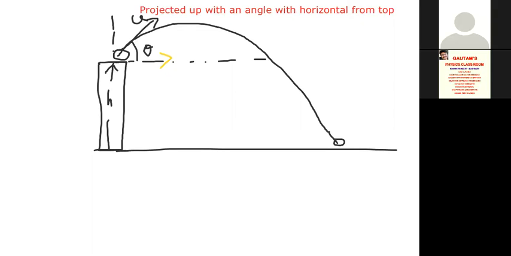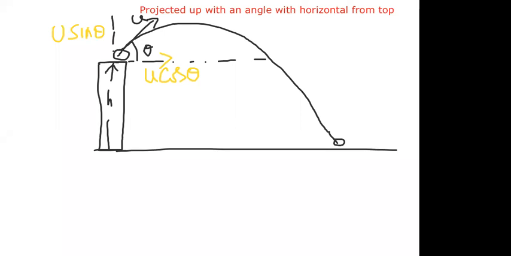So I can resolve into components. In horizontal direction, u cos theta. In vertical direction, I can write u sin theta, resolving the initial velocity into components. So here in horizontal, we got u cos theta. In vertical, you got u sin theta. This is the initial velocity u. It's making an angle theta here. So this will be u cos theta, the horizontal component of initial velocity, and u sin theta, the vertical component of initial velocity u. So I resolved into two components here, u cos theta and u sin theta.